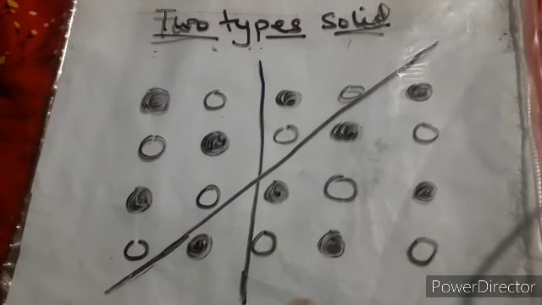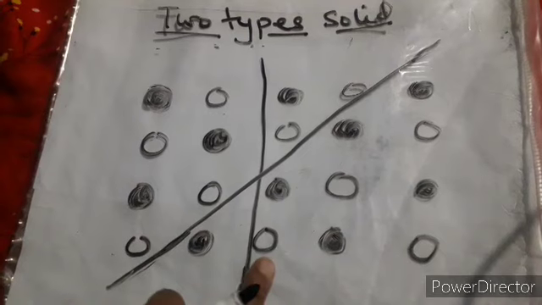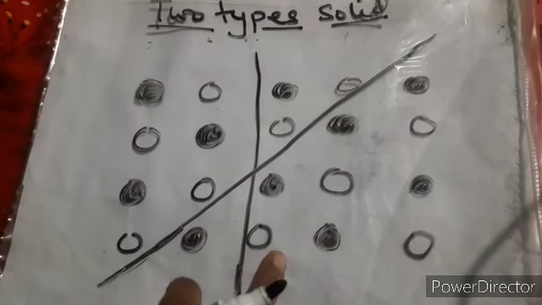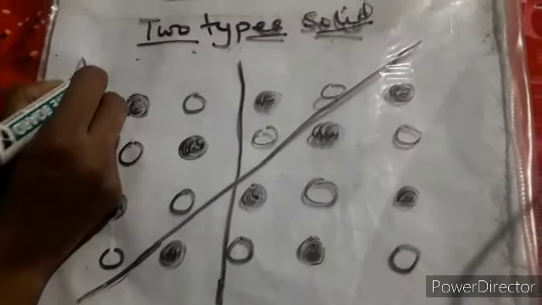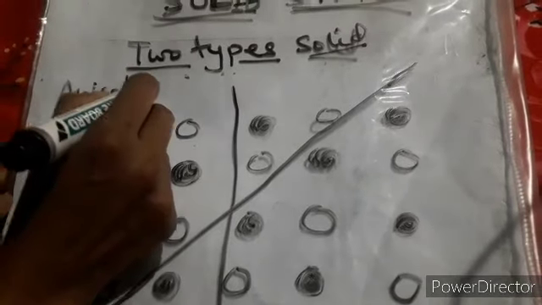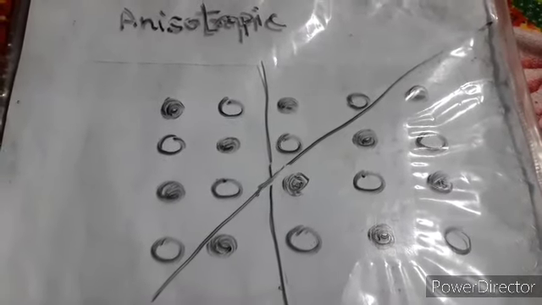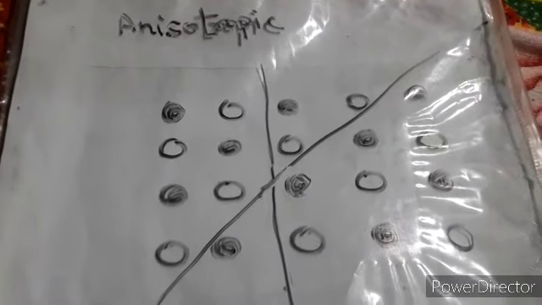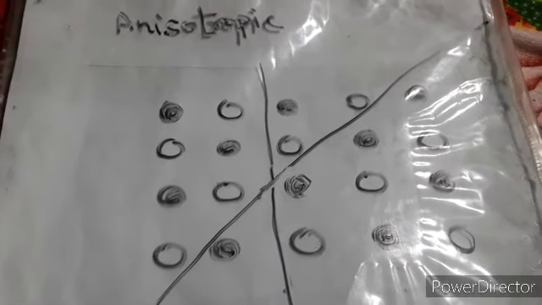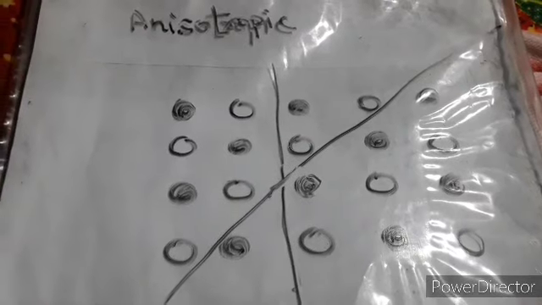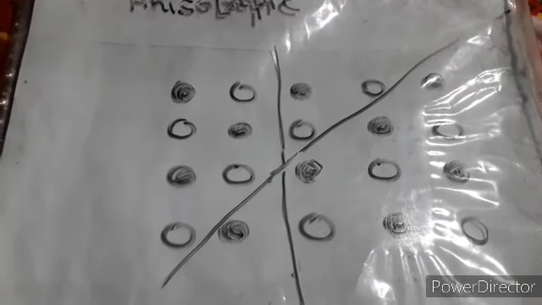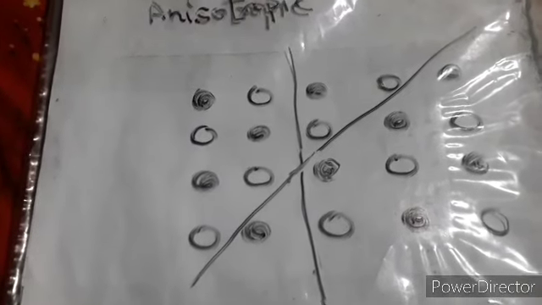Now you can see this particular diagram I have made, and we discuss the word anisotropic. Now what does it mean? We are focusing on the anisotropic nature, and we see that this arises in crystalline solids. And I made this small structure to show what happens here and what these properties are.